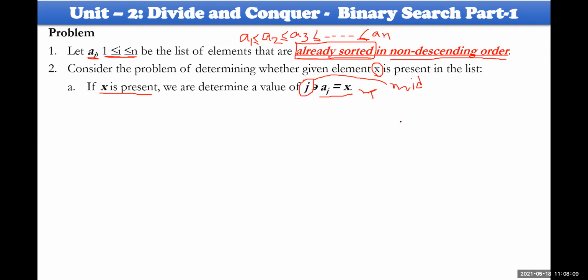Then if this particular case is not true, if X is not present within the list, then J will be written as 0. Why has 0 been taken here? Our list starts right from 0 to n. Whereas if you implement the same kind of array in C, C++, Java, something like that, the index value starts with 0, and the final value will be n